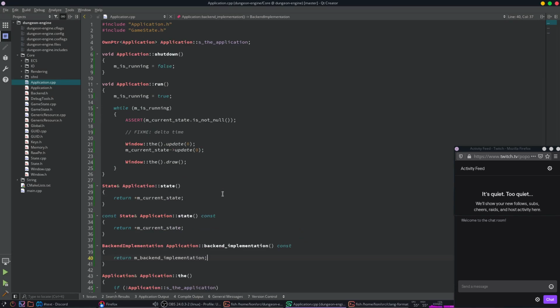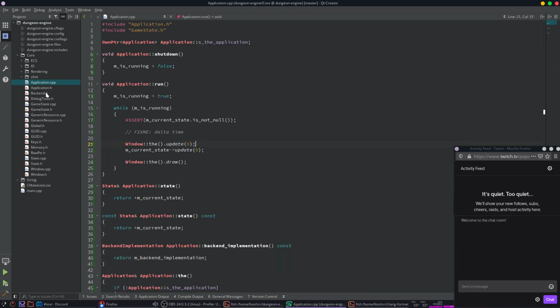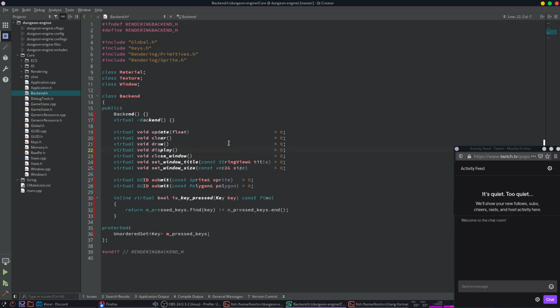Right, so that's nice. I should just reformat the entire thing in one go, but see, this is nice because we can see that they're all virtual. That's nice. I like that a lot. I know it's not good practice or whatever, but it's my code, it's my project. Who cares? Right. So,